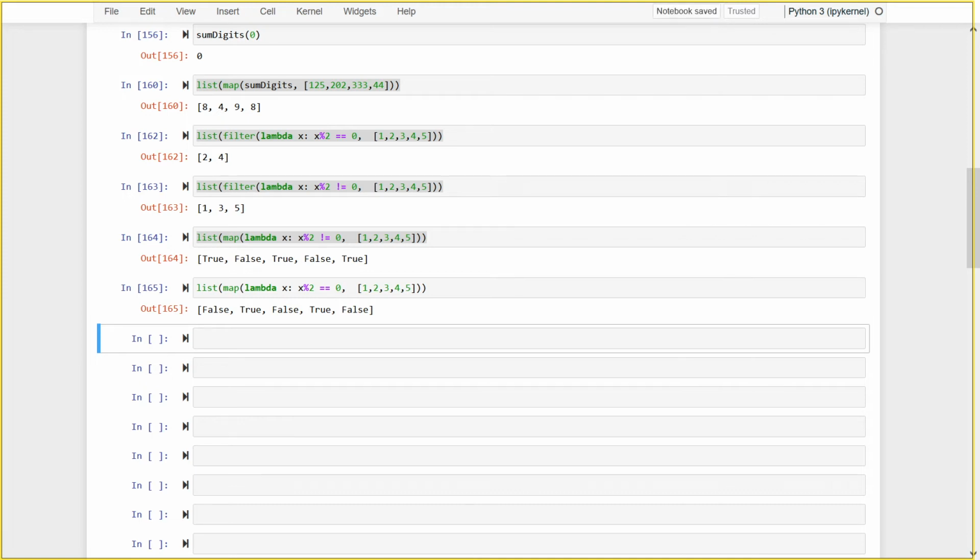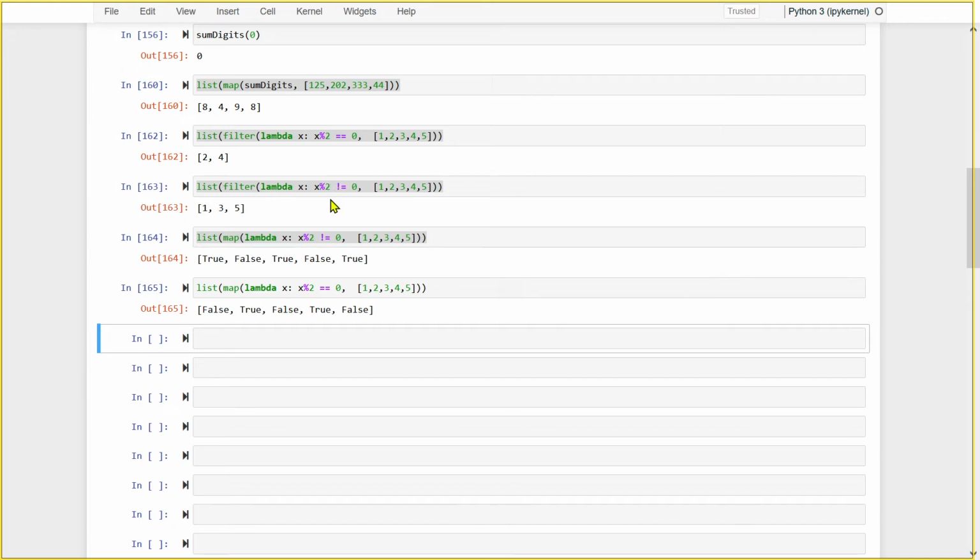Map will never filter your elements. It has to evaluate everything, and based on whatever the return statement is, it will capture that. But filter will not capture the return statement. It will only see if it is evaluating to true, then the underlying element is captured, and all other elements are simply rejected.